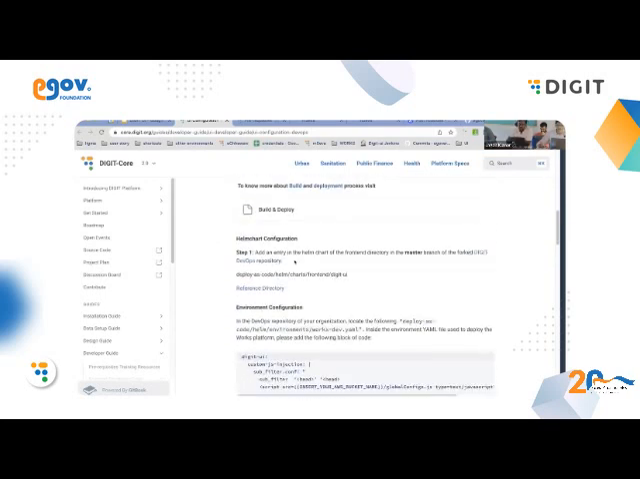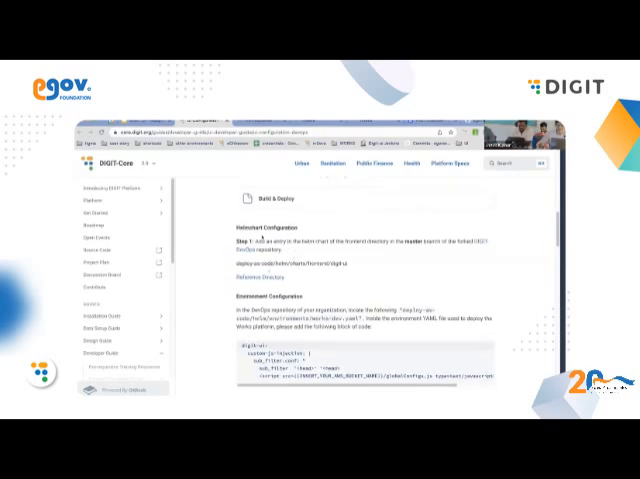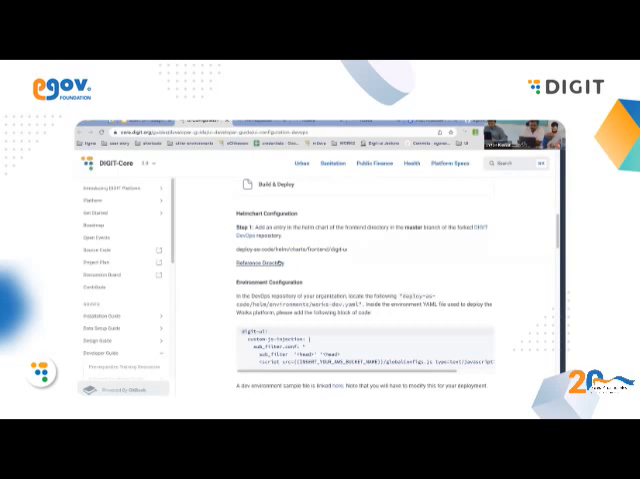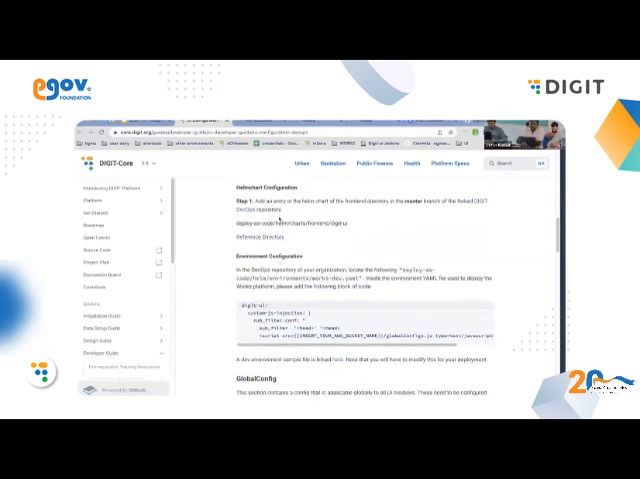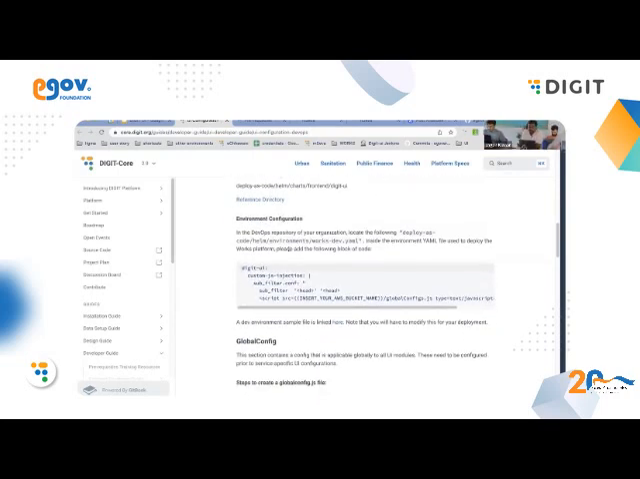Okay, so second is the deployment configuration. Basically, to deploy in any environment, you'll have to add this Helm chart. I've added the steps on how to create the folders and so on. That is about the Helm chart configuration. After the Helm chart is added, for deployment in any environment, in your environment file you'll be adding these steps. Basically, you'll have to add things like DIGIT UI and the configuration,